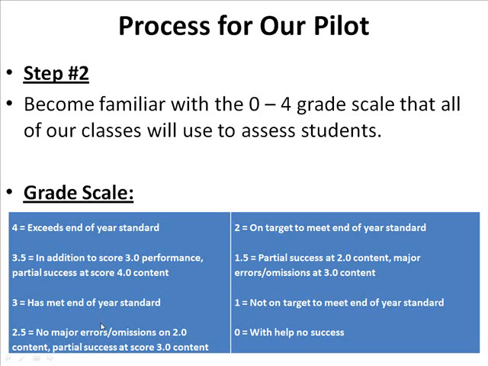And as you just go through here, you can see what a 2.5, a 2, which is really considered on target to meet at the end of the year, and then what a 1.5, 1, and 0 is. But that will be the scale that we're using, and so the first thing we want to be thinking about with standards-based grading is we need to try to get ourselves away from the letter grades. We want to just think, can students do what we're asking them to do, and then can they do it better than we've asked? Can they do what we've asked, or are they not doing it?